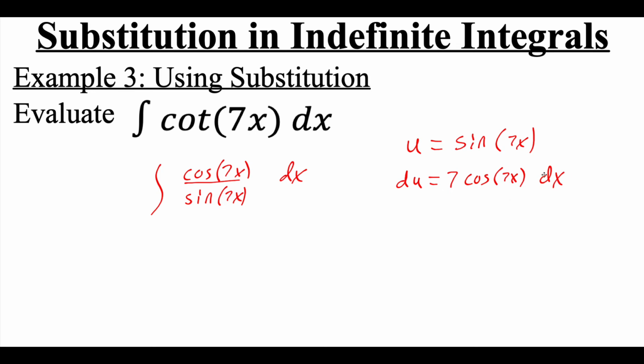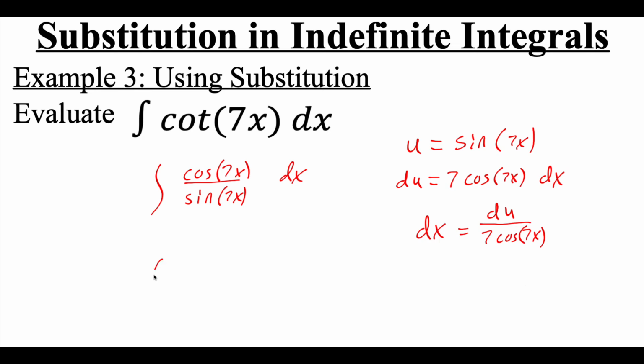And similar to what we've been doing before, I'm going to solve this to get dx all by itself. So this will say dx equals, I'll have to divide this stuff over to the other side. So this will be du over 7 cosine of 7x. And then I'm going to do my